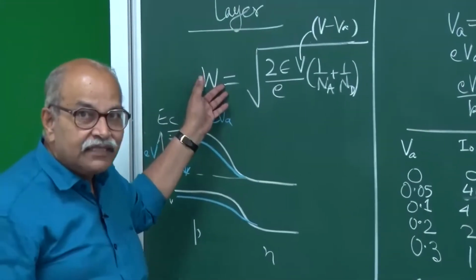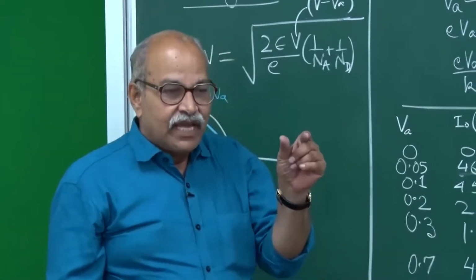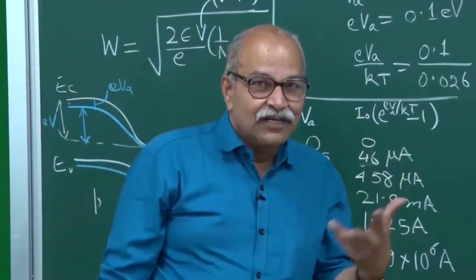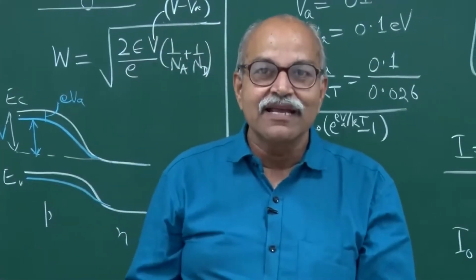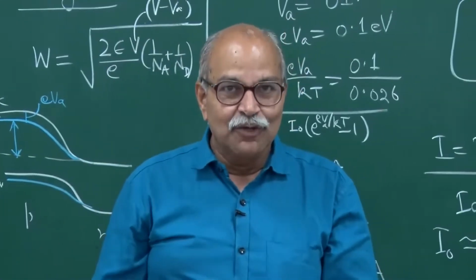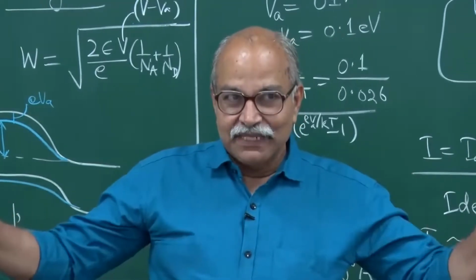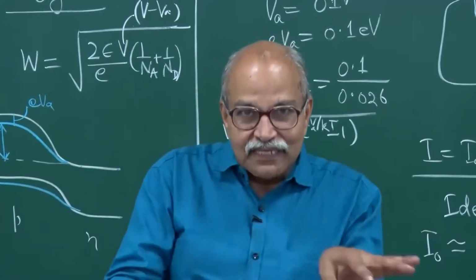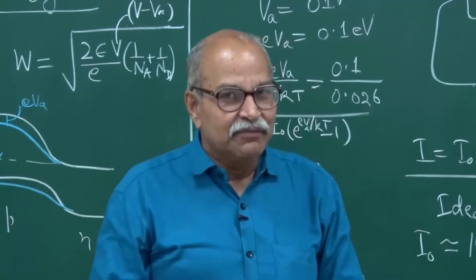In forward biasing, the width of the depletion layer decreases, and that has some effect on the current also, because all that thermal generation of electron hole pairs is in the depletion layer. It's at other places also, but that is an equilibrium situation. Here, because of the electric field, you have the drift and all those things, so some effect will be there.